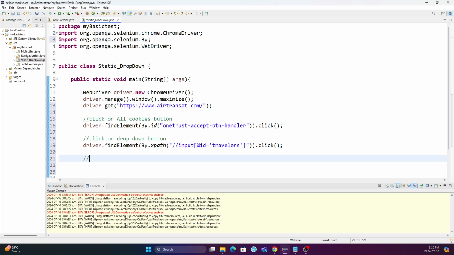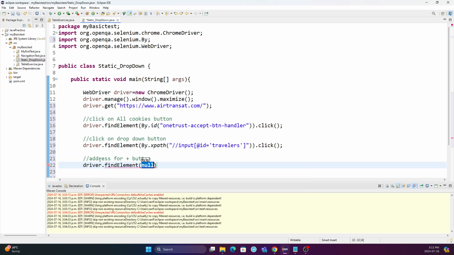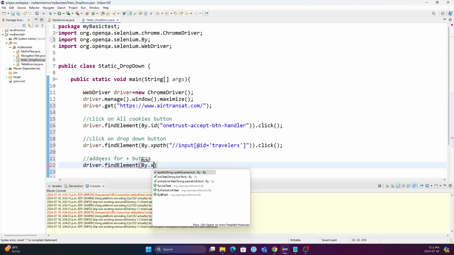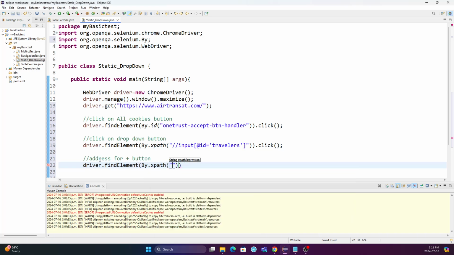Let's look, since this is a long locator, what we can do. This is the address for the locator, the plus button. So this is the address: driver.findElement by XPath, and then this is the locator. It's a long locator. So this is the address of this plus button, right? So let's put this element in a